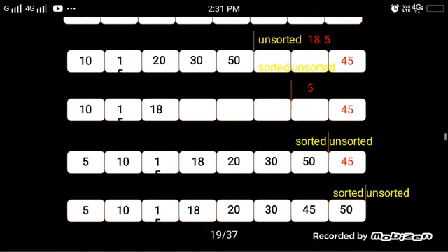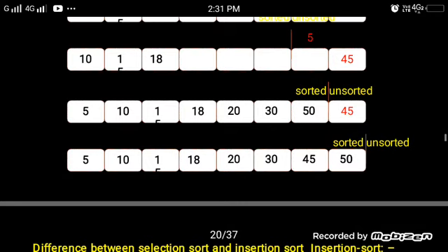Unsorted means not in arranged order. Finally, after sorting: 5, 10, 15, 18, 20, 30, 50, and the last one, 45, 50. That is the arranged order, sorted or unsorted. In this case we divide into sorted and unsorted parts, and then only we arrange the order in insertion sort.